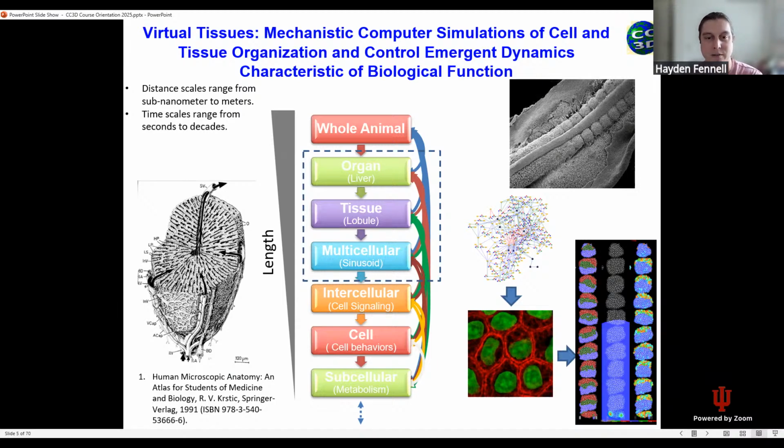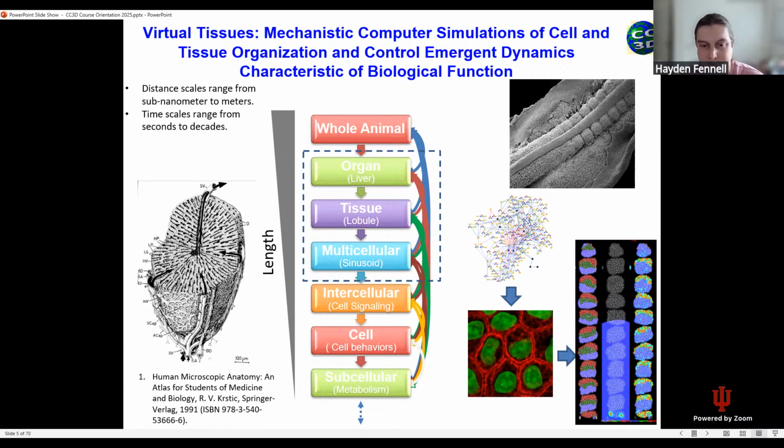So we're looking at the organ, tissue, and multicellular level. So not necessarily whole animal, but some can do some whole organ depending on the number of cells required. We can definitely do tissue, which is sections or chunks of organ, and then multicellular simulations as well, where you're just looking at what individual cells are doing